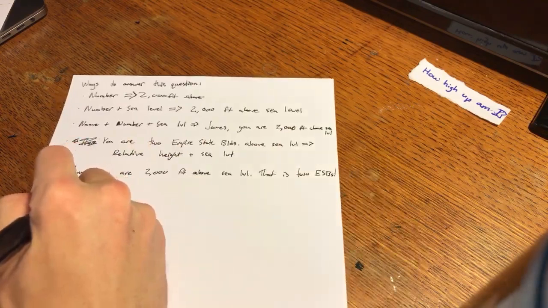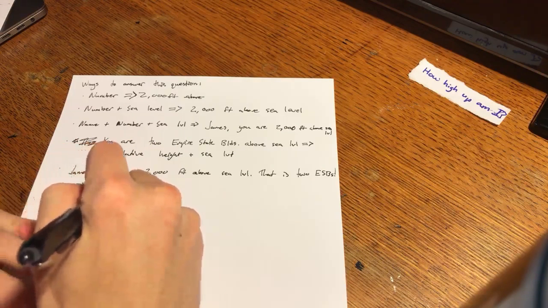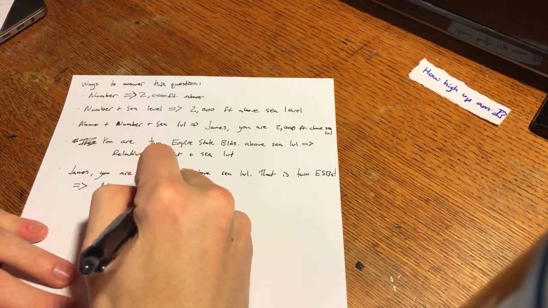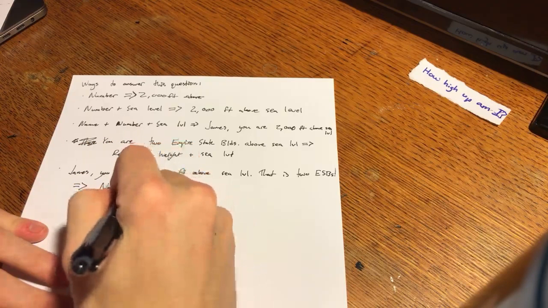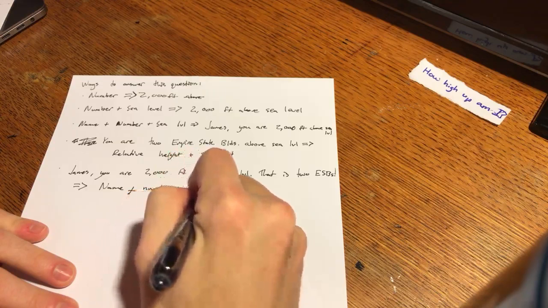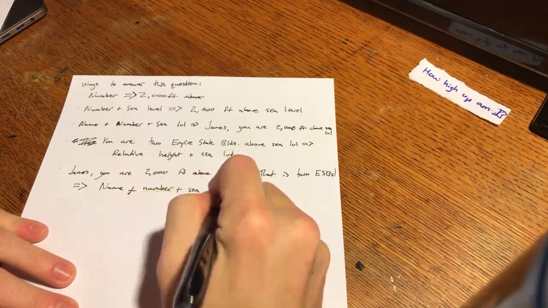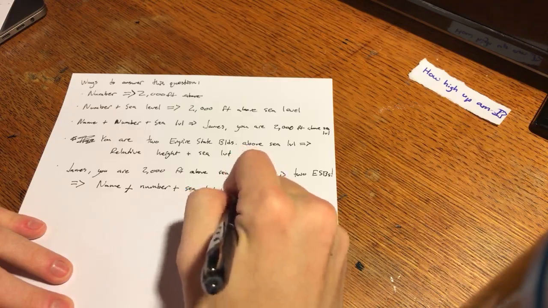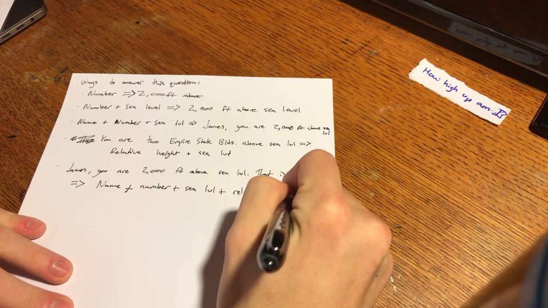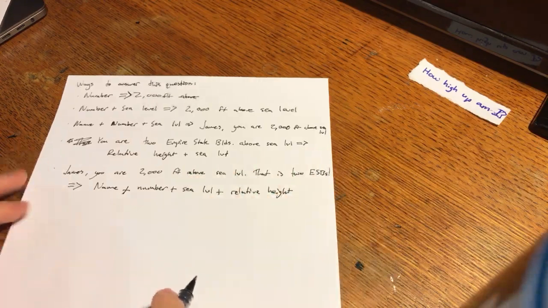So this is the same thing as saying name, number, so that's plus sea level plus relative height. And I think this is the way that we want to go,